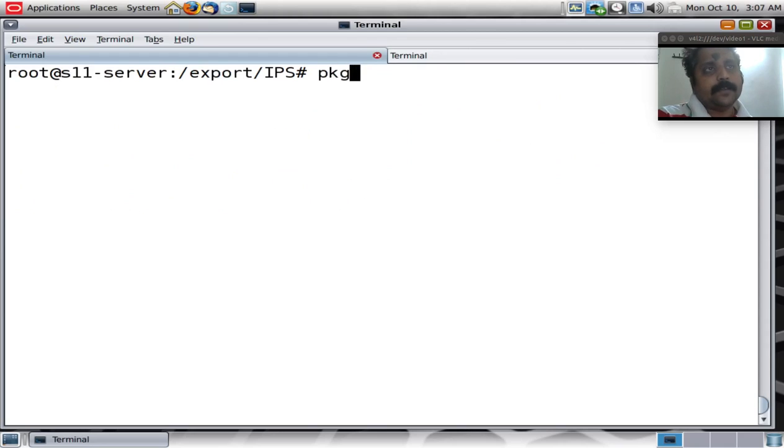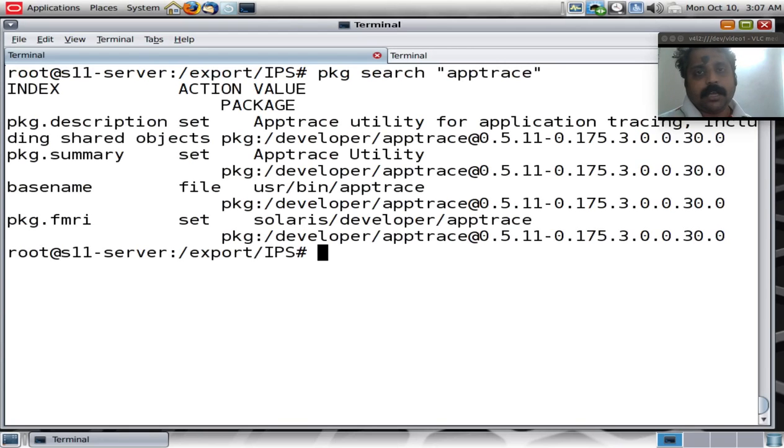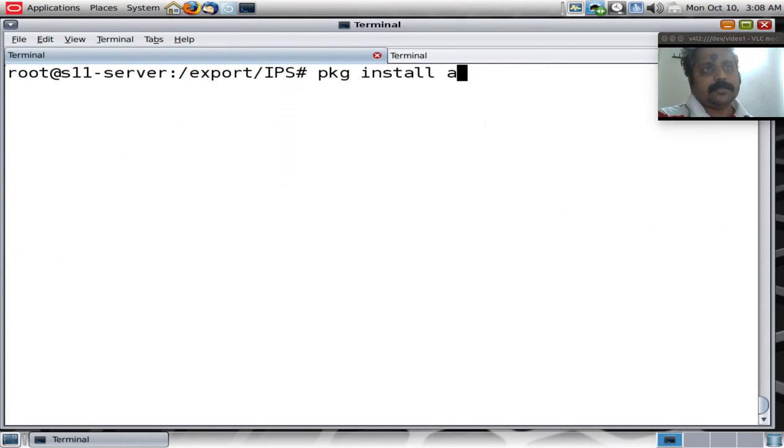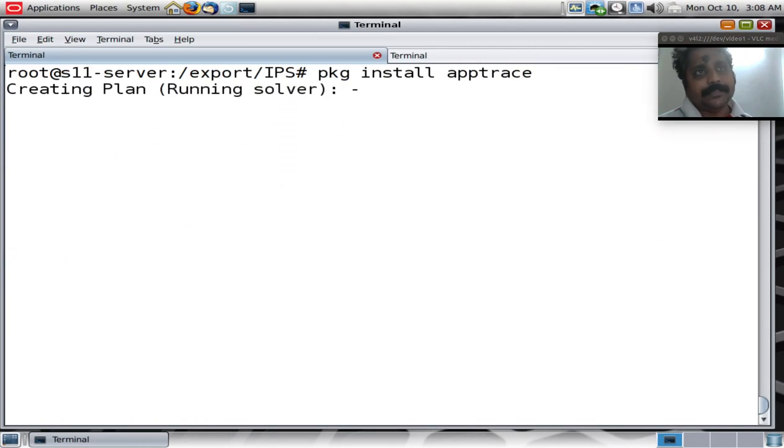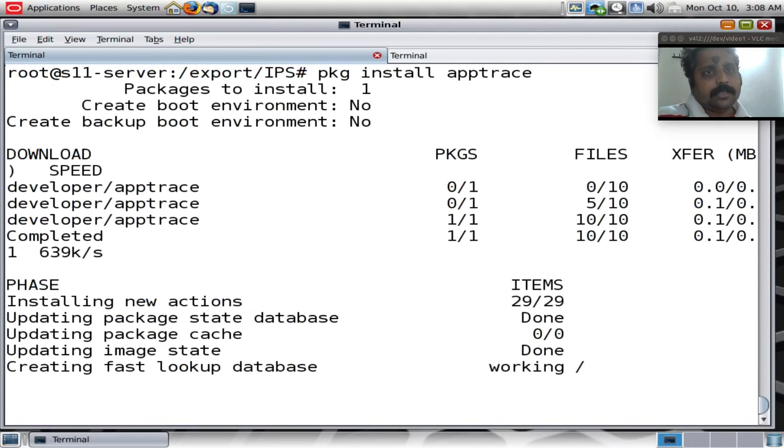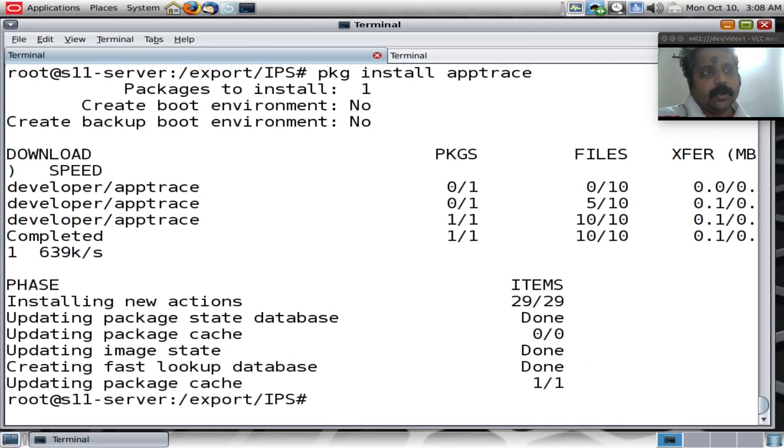Let's now find out if we can search for a package from the repository there. It's going to fetch the package from the local repository, which is 192.168.0.100. Let's install the package, install AppTrace. You remember we could do a dry run installation also if you want, and you can see that this is downloading the AppTrace package from the local repository. It's not going into the pkg.oracle.com/solaris/release. It's a bit faster because it doesn't have to go over the WAN to download this package and install the package from the Oracle website. Instead, it's downloading from the local machine.